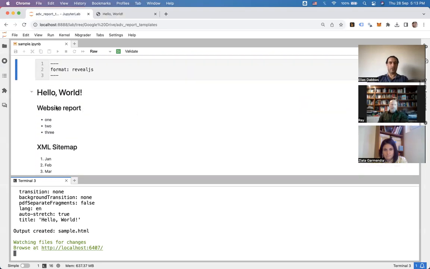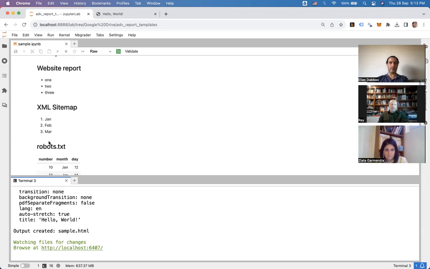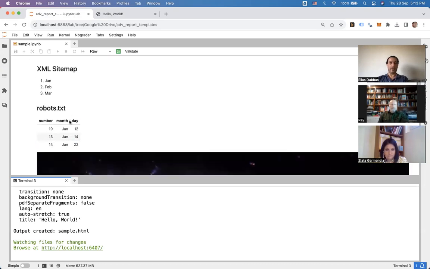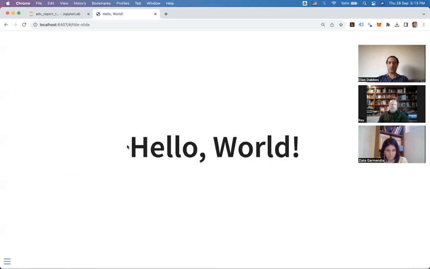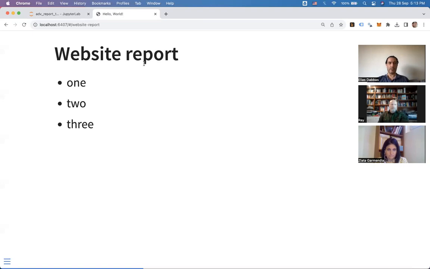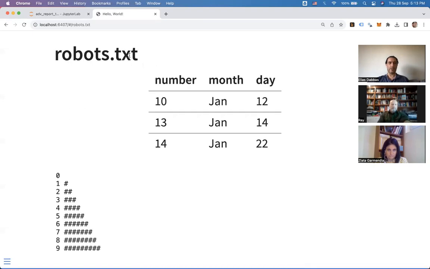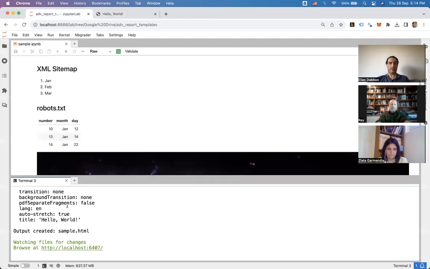This is H2, it makes it a different slide. Everything underneath that is a new slide, and everything underneath that is a new slide. H1 becomes a title of a section. H2 is a new slide, but this wasn't in its own slide because it doesn't have an H2